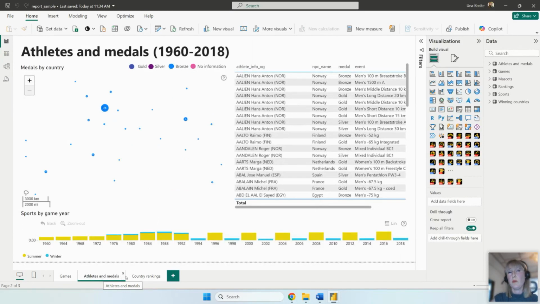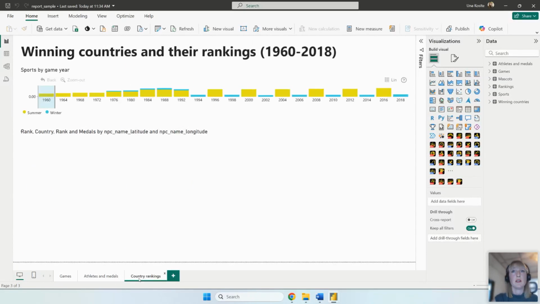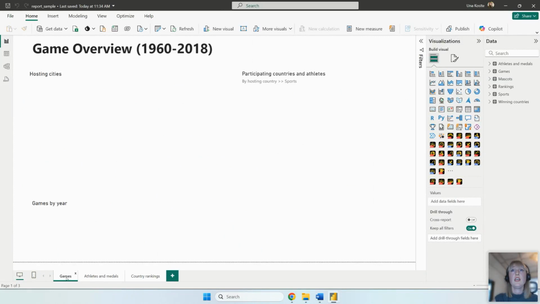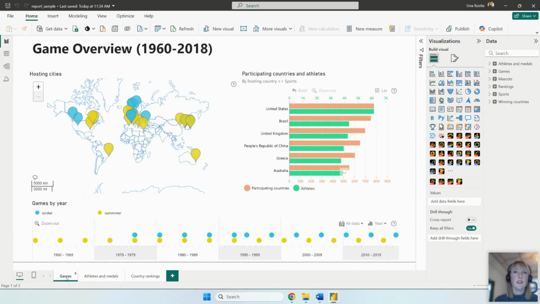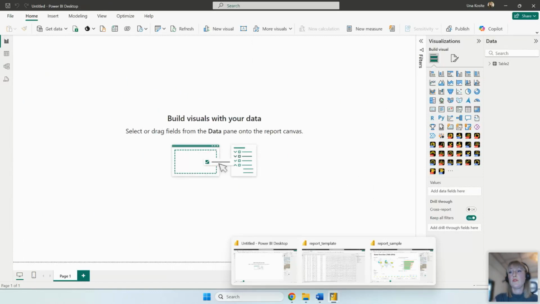I don't know if we will be able to cover everything in the time we have, but either way, you will have this sample report available afterwards, so don't worry if you don't cover anything. I already mentioned that I want to feature the map visual here because we have a lot of geographical data, so we will cover that during this tutorial. But let's start building from